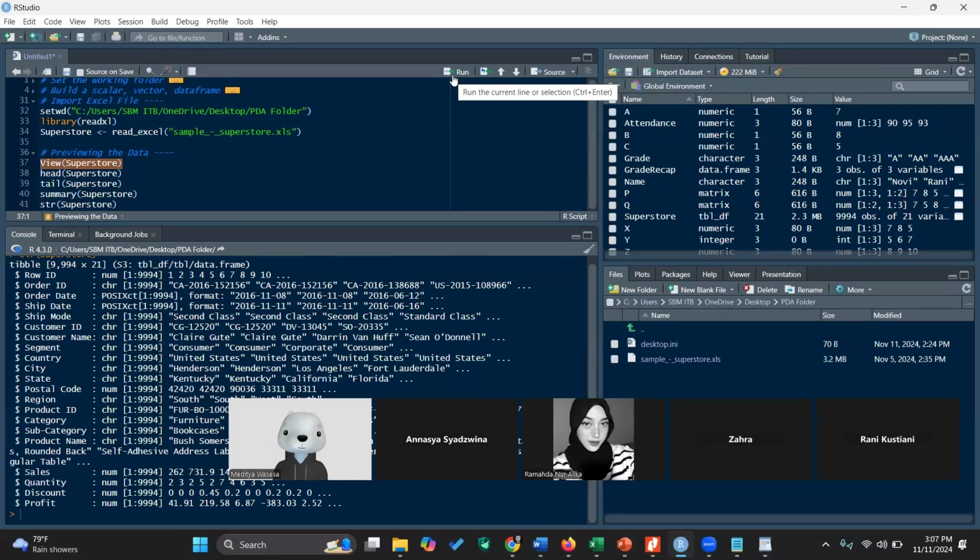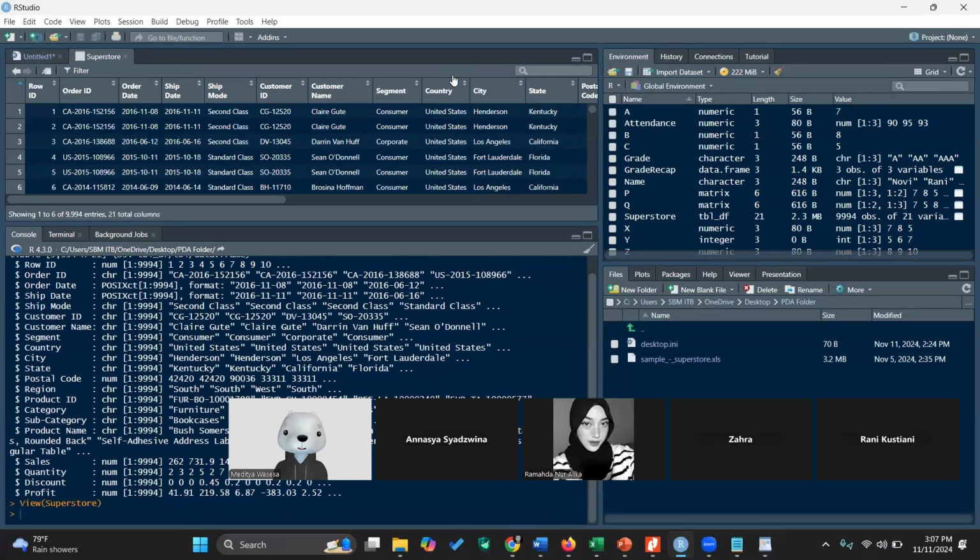If I run it, I have order ID, order date, ship date, customer name, segment, and so on. For example, I want to only access the customer name values. That is really easy.